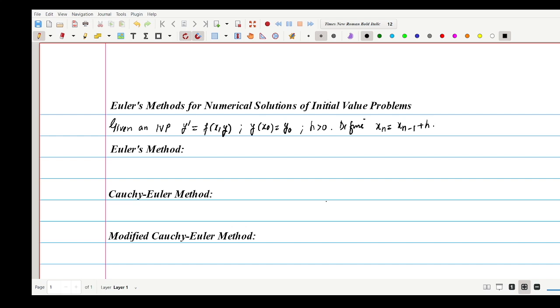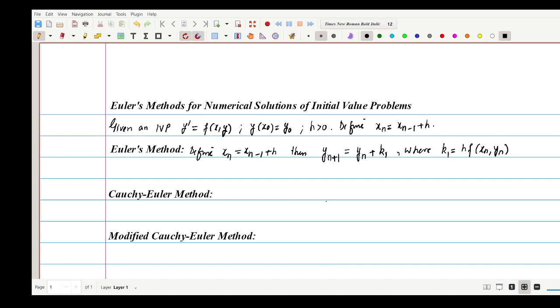Now first let's define Euler's method and see how we can solve a given initial value problem using it. We define again xn as xn-1 + h. So in all three methods we have the same definition for xn. Then the nth iteration using Euler's method is given by yn+1 = yn + k1, where k1 is defined as h f(xn, yn),